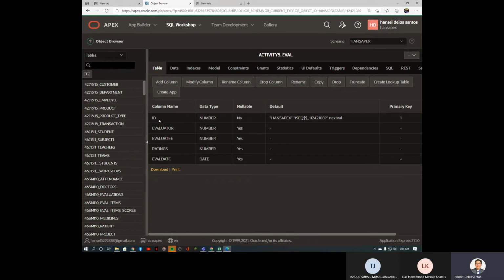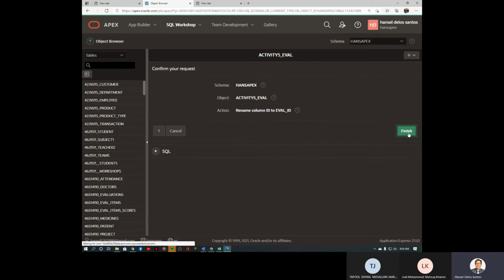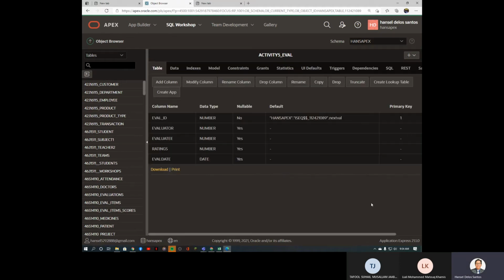So we can still rename this one as eval ID. So rename the column and we'll select that ID. And I'll make this one as eval underscore ID. Next, finish. Right. So this time, how are we going to